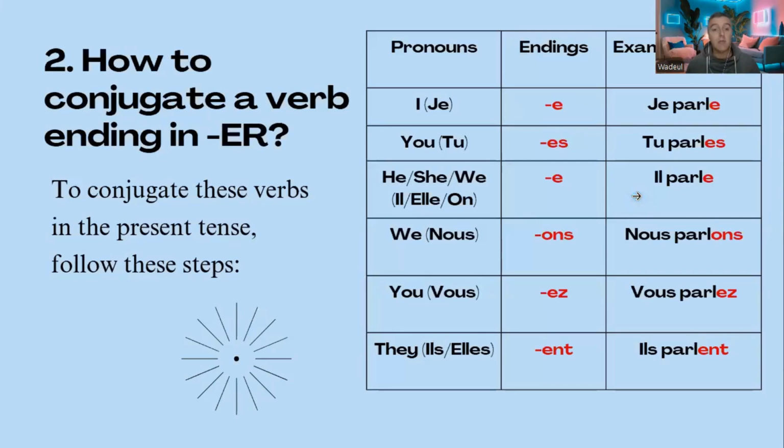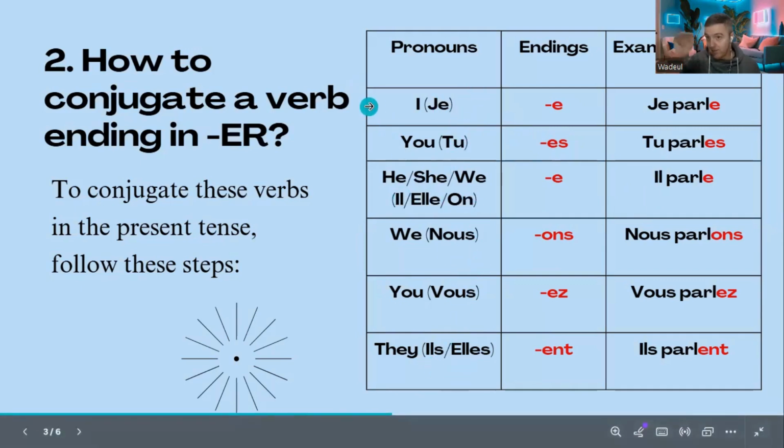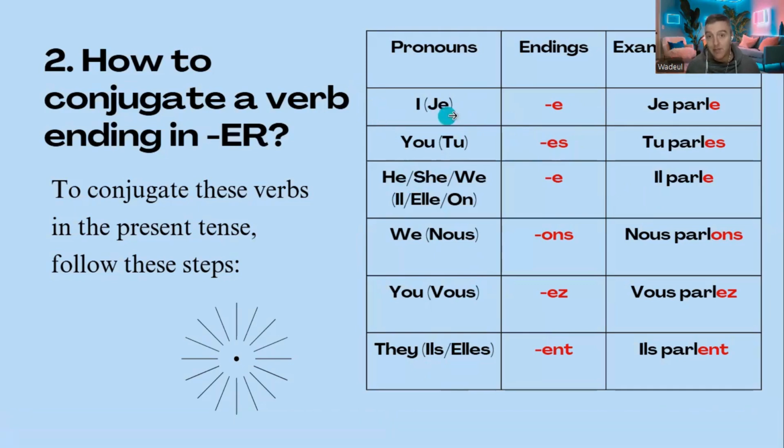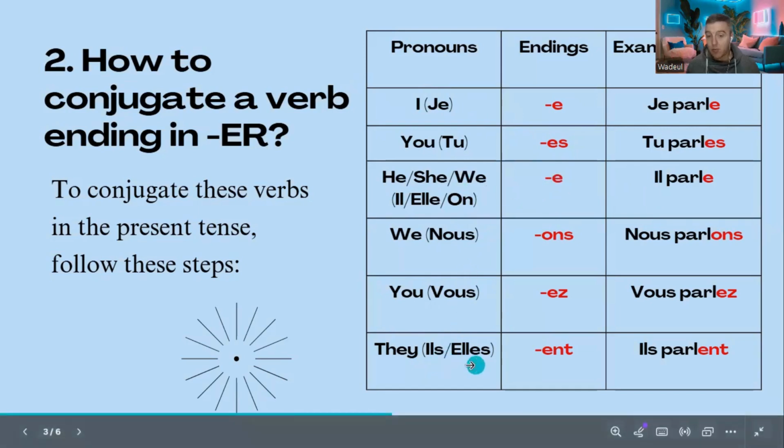So let's move on. How to conjugate a verb ending in er? When you learn a new verb in French, you're always gonna see the same pattern. Even at school in France, that's how we learn verbs. So you have je, tu, il, elle, on, nous, vous, ils, elles. Always the same, like this. And then you have to know that for he, she, and on, which is more casual for we, it's gonna be the same ending. And same for the plural, ils, elles, is gonna be the same ending, right?